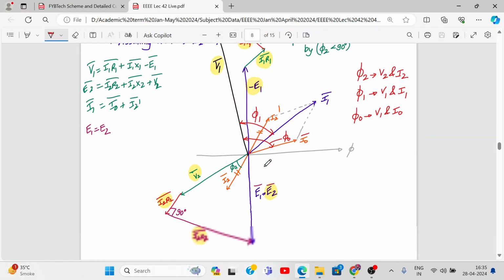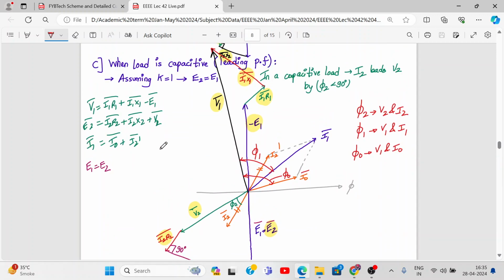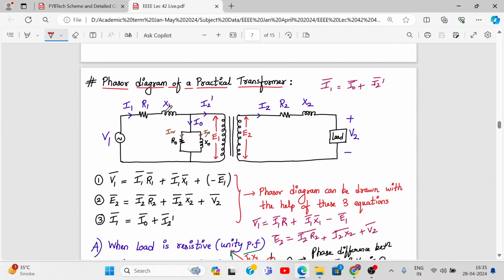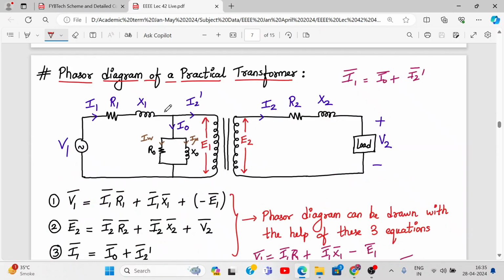I hope you will draw the phasor diagrams properly and you have understood these equations along with the practical circuit of the transformer. Each and every term is clear to you. R1 and R2 are the winding resistance, X1 and X2 are the leakage reactance at the primary and secondary, and R0, X0 are the result of IW, I mu, which is the result of open load transformer current due to open load transformer. Okay,